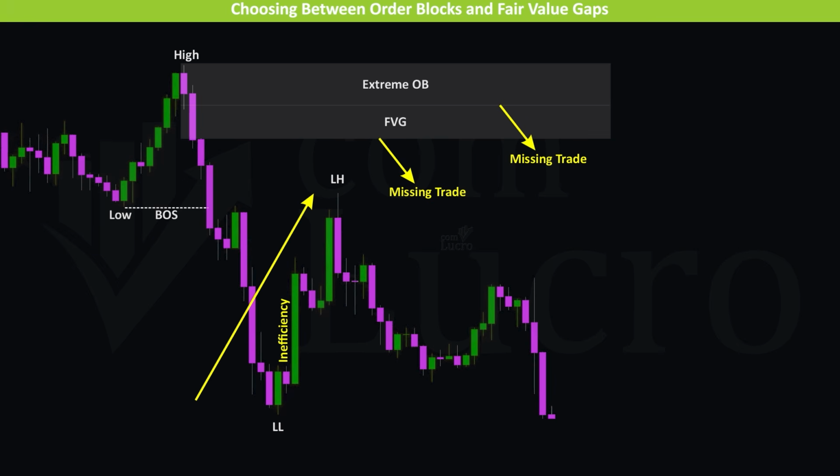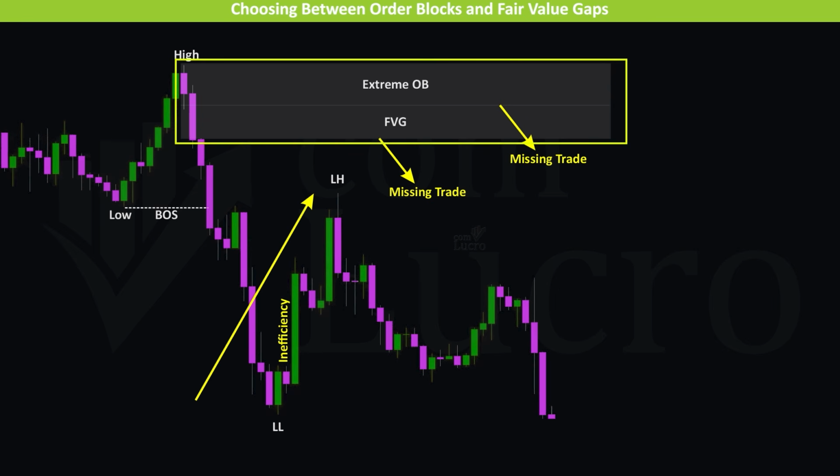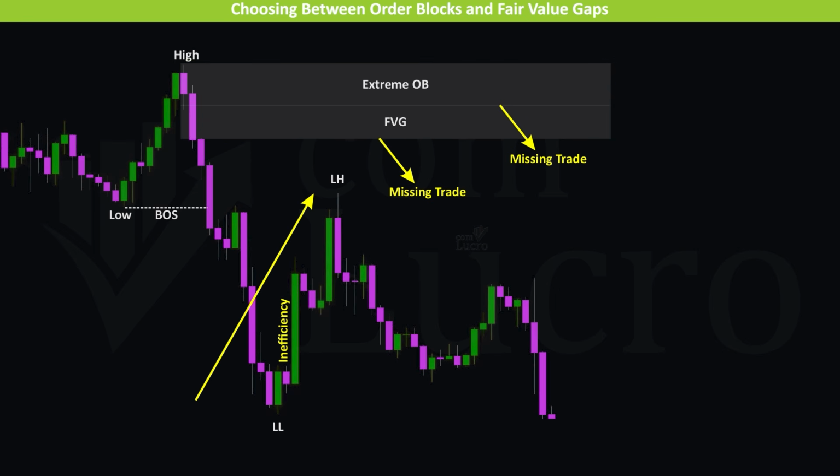As price retraces downward toward these zones, we notice that it reverses before reaching either one. The reason for this shift lies in the inefficiency created during the retracement wave, which prevents price from traveling deeper into our marked levels. Let us look at a more general trading example that brings together the concepts we have